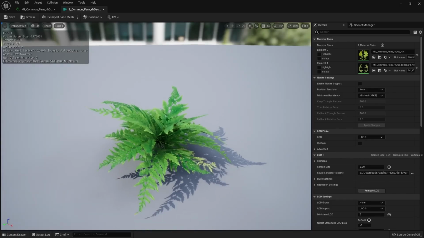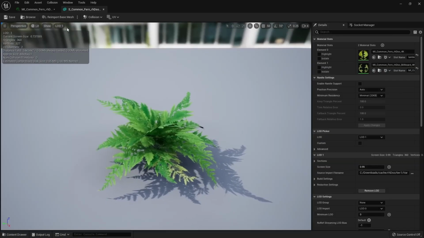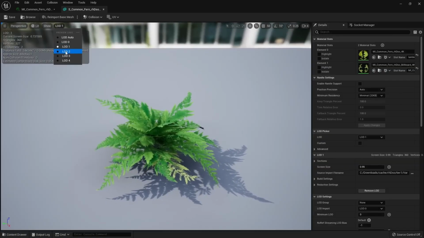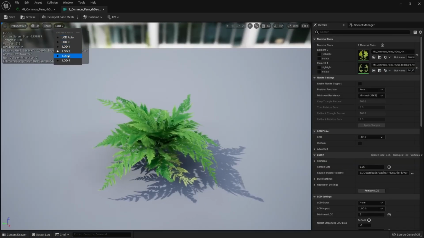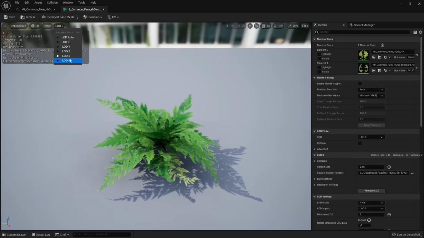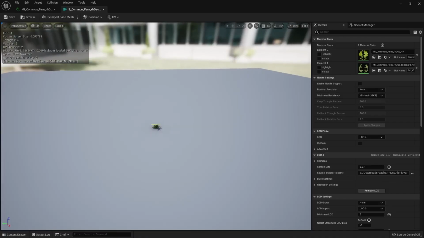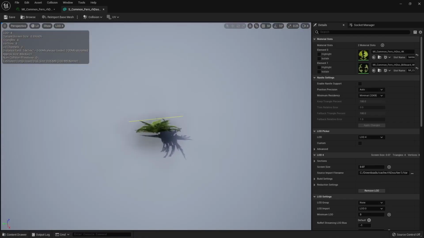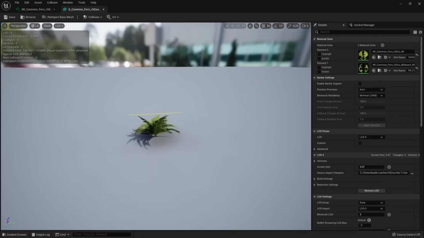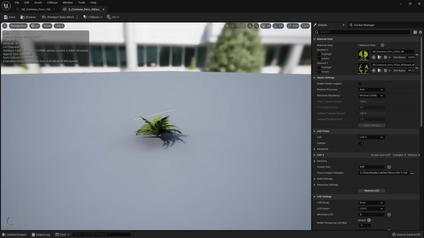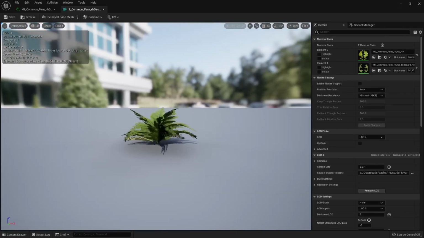LOD 1 is what it will look like when we get a little bit further away. When the camera gets even further, we go LOD 2, further LOD 3, and finally we go to LOD 4. And as we increase LODs, as the camera gets further and further away, we lose more and more geometry. Until we get this weird thing right here, which is essentially just a picture of the fern, which is pointing